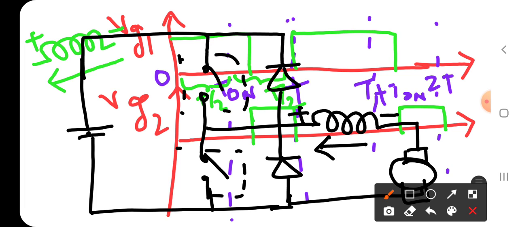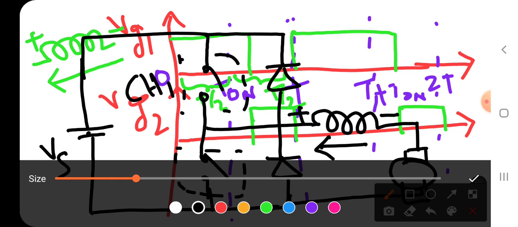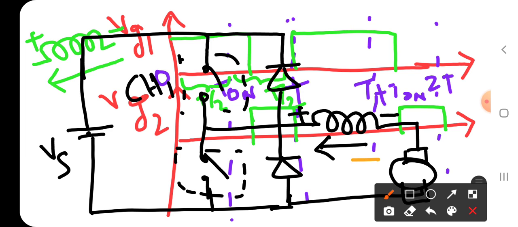Now if you see the waveforms, initially we have given the gate signal to chopper 1. Already chopper 1 had the gate signal, so it has to be turned on. When chopper 1 is on, the current has to flow from Vs to the motor. But as the inductor discharges its energy, it acts as the source for the current. Therefore, how does the current have to flow in the circuit? Like this.